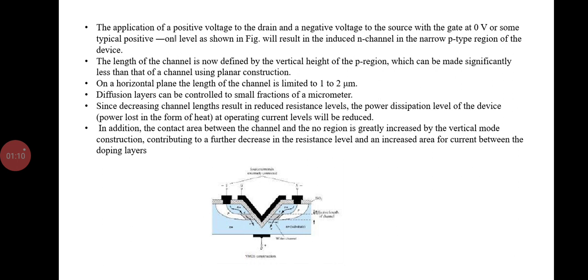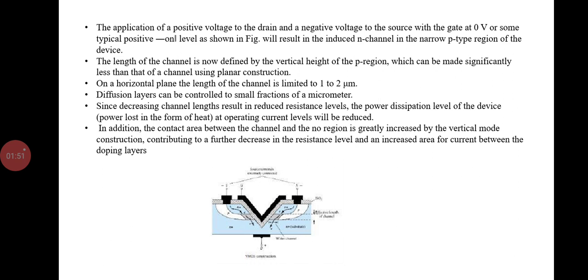which often stands out as a characteristic and helps in remembering the name of the device. This leaves out some of the transition levels of doping, but it does not prevent a description of the most important facts of its operation. While we are seeing this, a positive voltage is applied to the drain and a negative voltage to the source, with the gate at 0 volts or at some typical positive on level. The length of the channel is now defined by the vertical height of the p region, which can be made significantly less than that of a channel using planar construction, and the diffused layer can be controlled to small fractions of a micrometer,